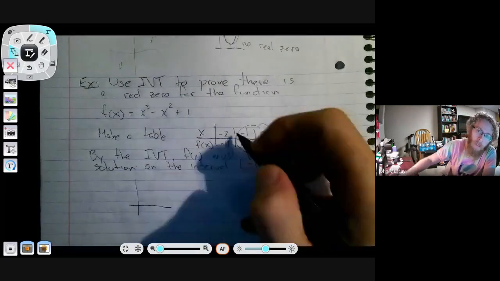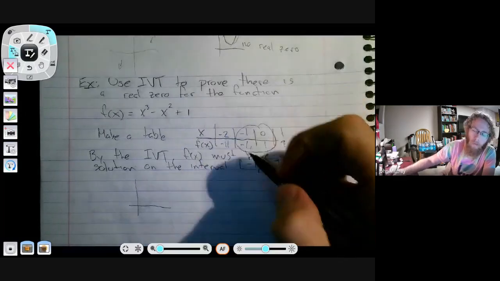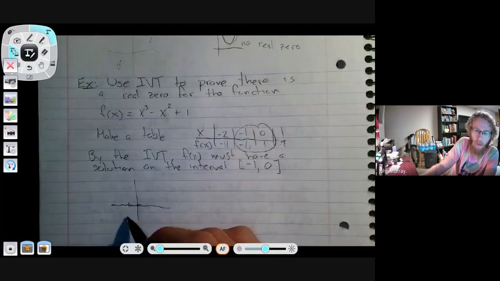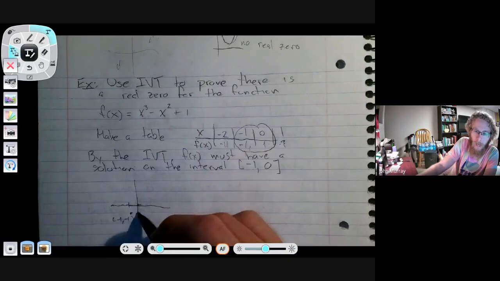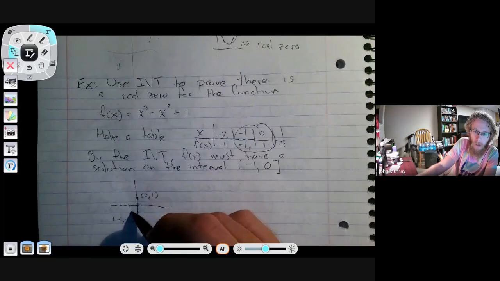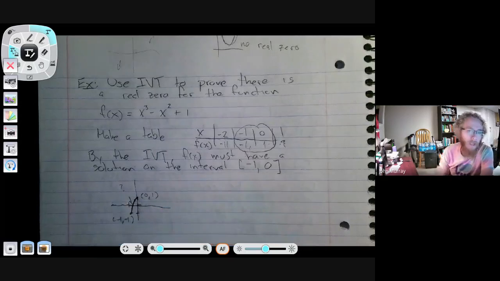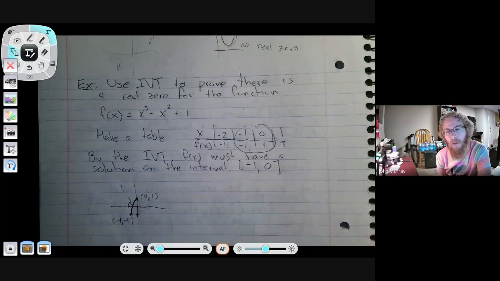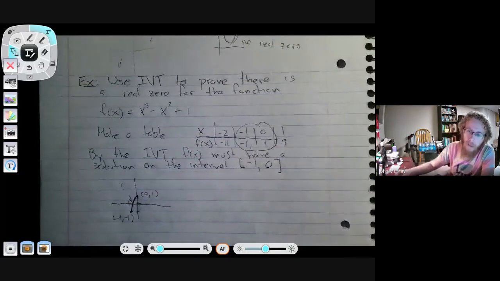So even if I just plotted out just this part, at -1, I have -1. At 0, I have +1. So somewhere I have to cross that x-axis. And so once you have that, then you can take further steps to find the 0 if they ask it for you. One way to do it is